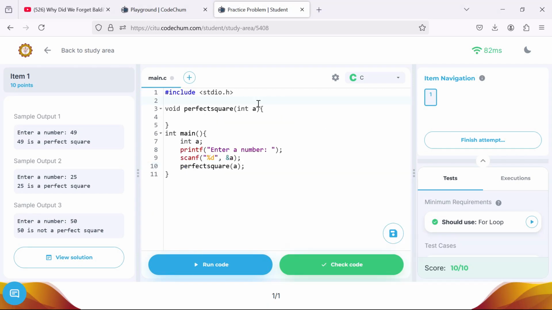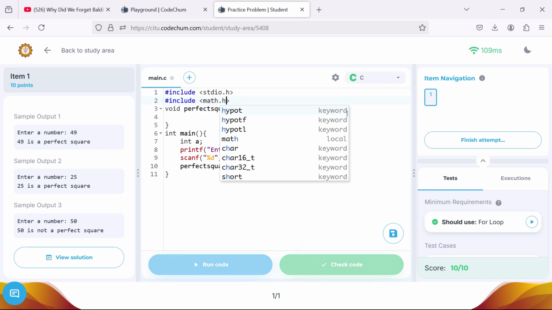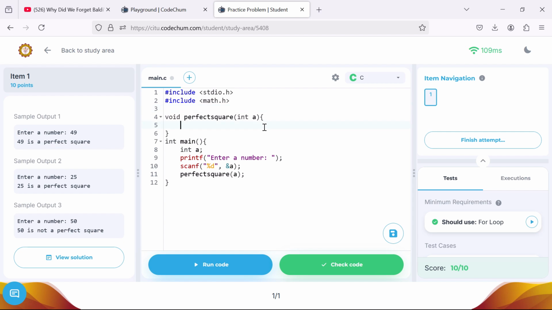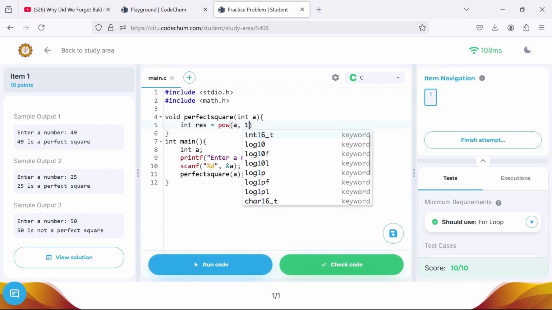Our next solution also checks whether or not the number is a perfect square, but without using for loops. However, we will need to include math.h functions. We are then going to create an integer variable and then put the square root of the number there. We are going to use the power function, but we can also use the sqrt function, but the power function is more versatile. To get the square root, we have to raise the number to the power of 1/2 or